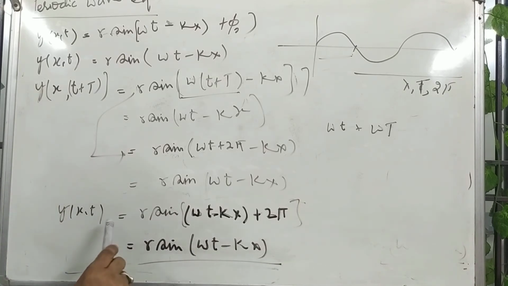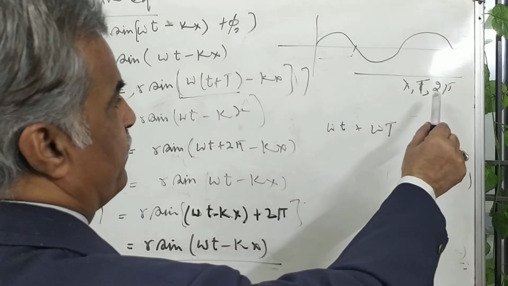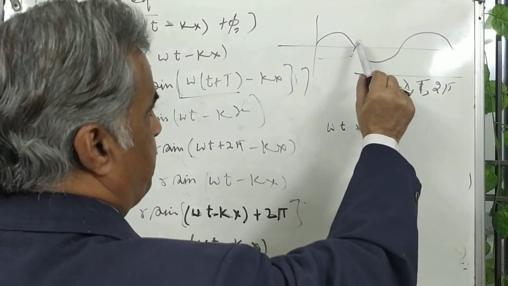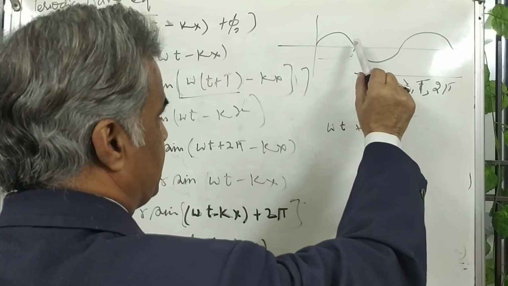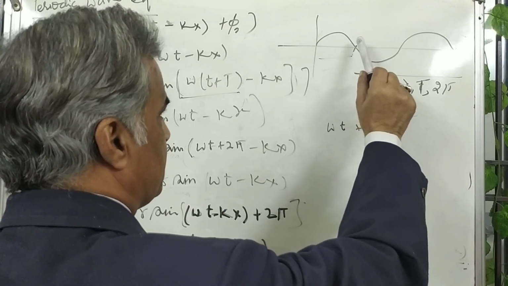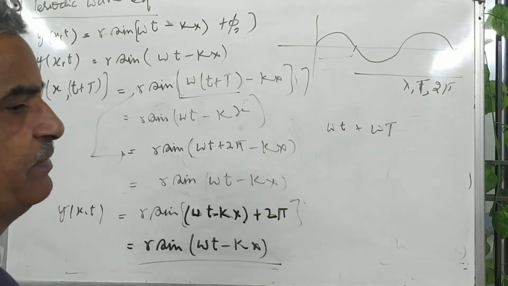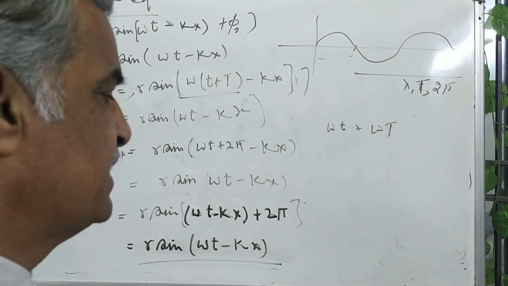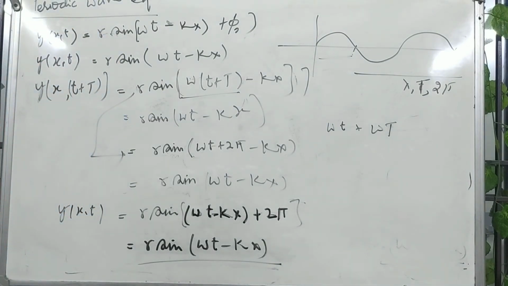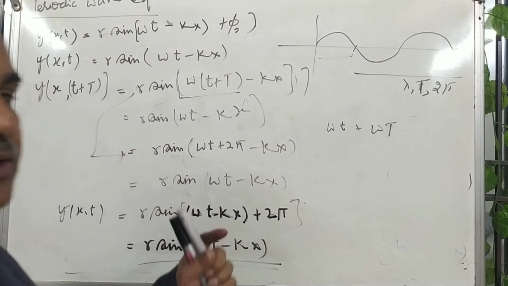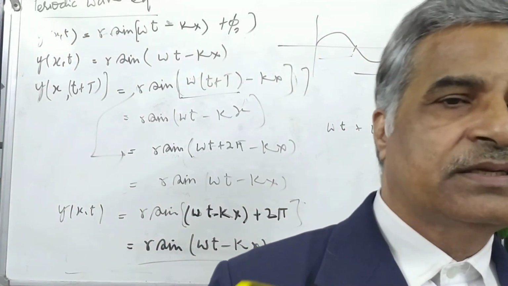So this implies, this is the information, very simple, right? The information you are getting is that the wave function is periodic with wavelength lambda, periodic with time period T, and periodic with phase angle 2 pi. So the phase at this point equals the phase at this point; at any point with path difference lambda, the phase will be the same. This is the sense of periodic. Okay, this is over. In case you have any problem, please clear it.